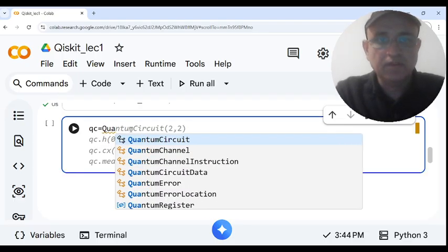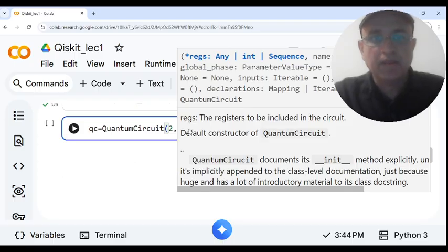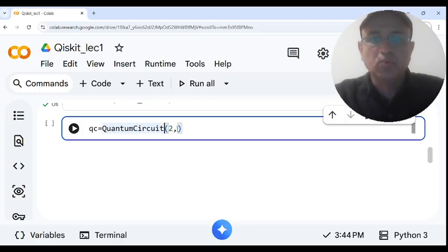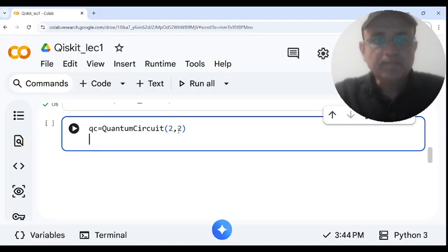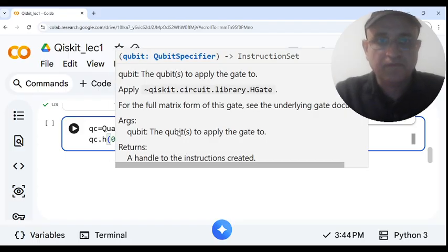Use the function QuantumCircuit. For example, I'm defining a quantum circuit with 2 quantum bits and 2 classical bits. I can also apply, for example, a Hadamard gate on the first qubit,